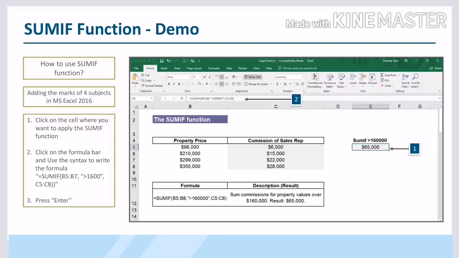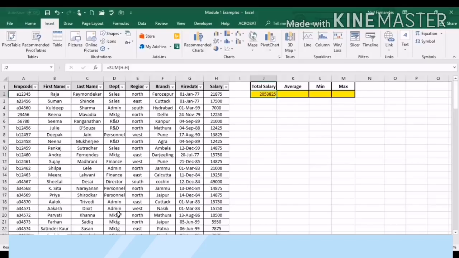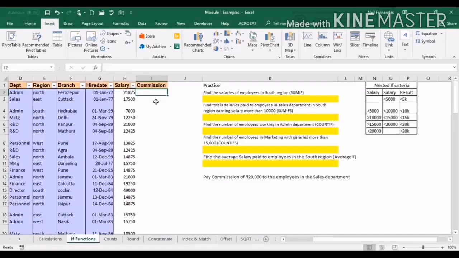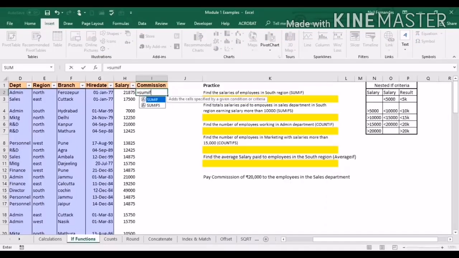The SUMIF function sums a range based on a single condition or criteria. So let's explore the function with the example on my sheet. In order to start with this function, first we need to understand the term syntax. To understand any function for that matter, we will have to understand what syntax is. Every function in Excel has a syntax. Syntax plays a pivotal role in using a function. As soon as you type equal to sign followed by a function name and open the bracket after the function name, it will give you a list of arguments, which can also be called an input that Excel requires in order for it to give you an output.